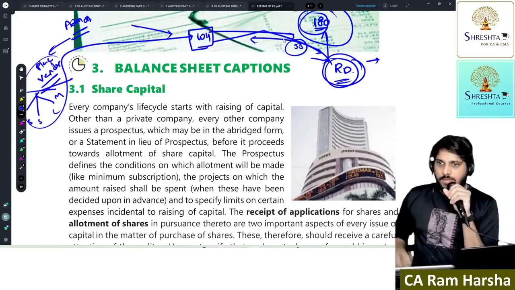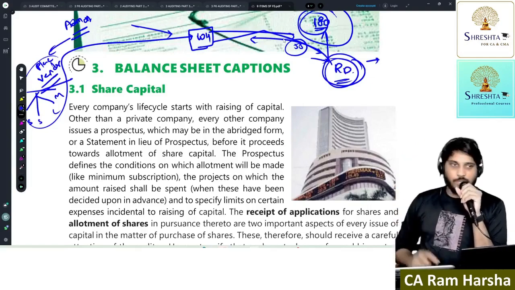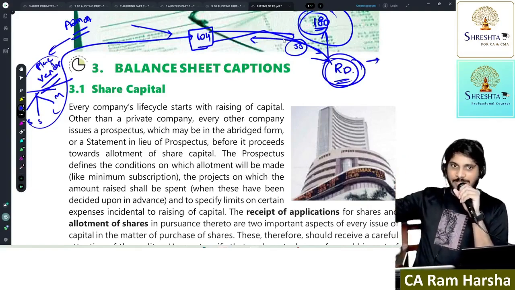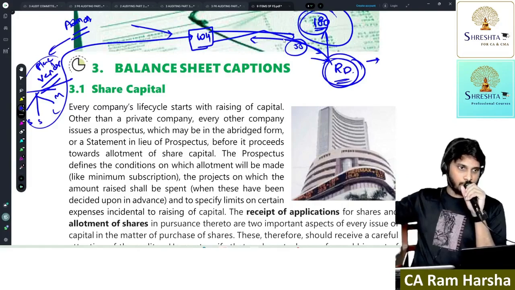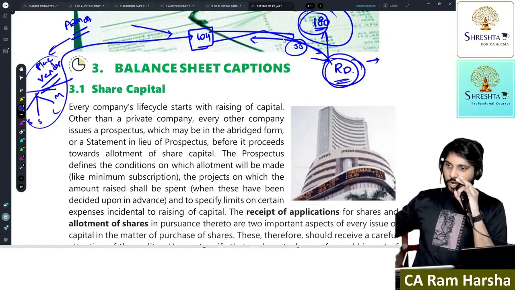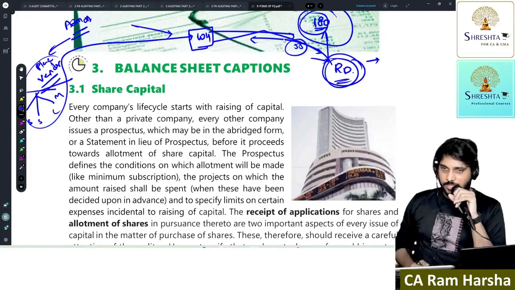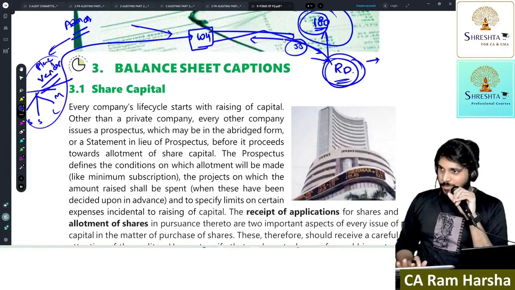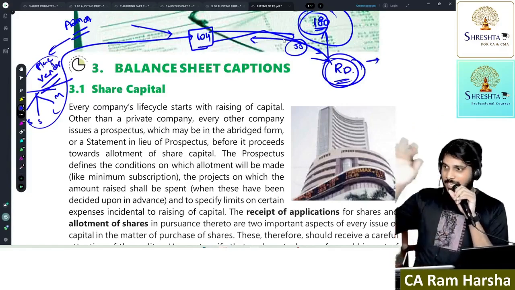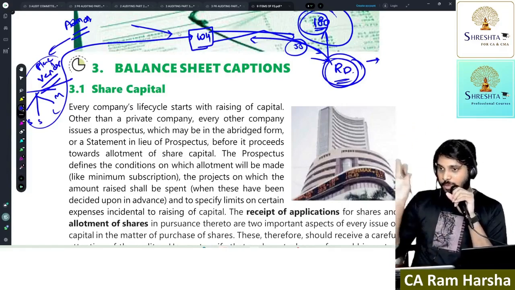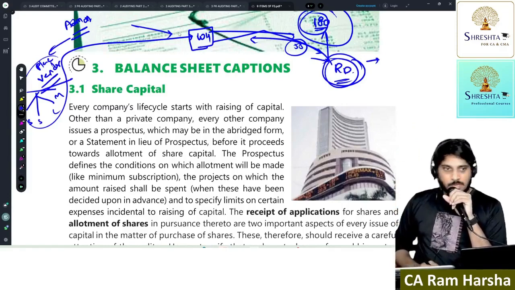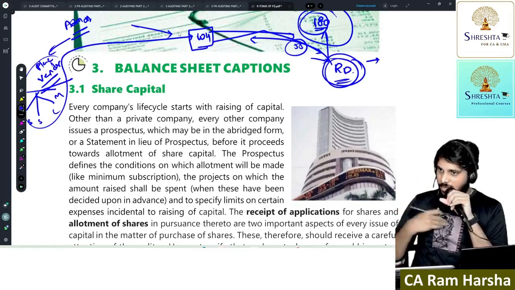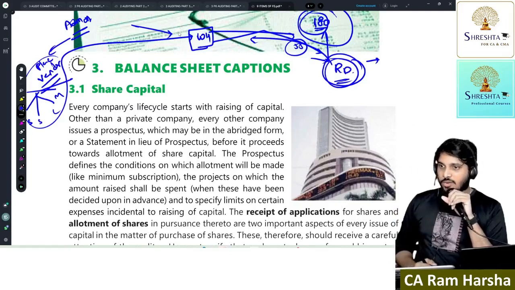Now, the warehouse will place an order with the head office that we want this many TVs in total. This is a breakup of TVs ordered by various showrooms. These many TVs we want of a particular model. They will place an order with the head office. The head office will first raise a purchase order with Sony or LG. After they raise the order, LG will send the goods to the warehouse. Warehouse people will not accept them directly. They need to accept the goods and give a GRN. GRN means what? It's an acknowledgement that I received goods. Goods received note.